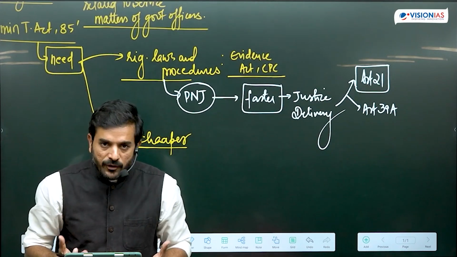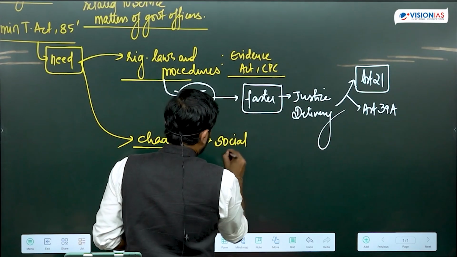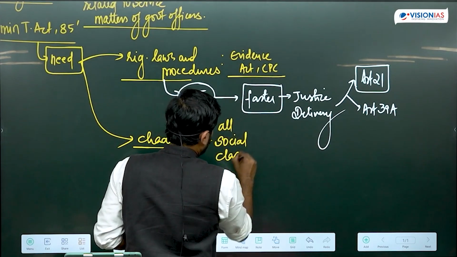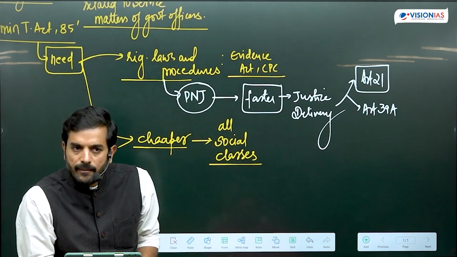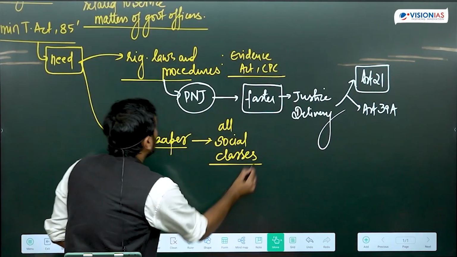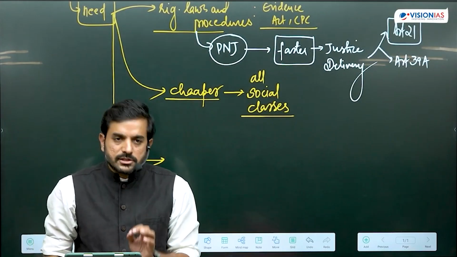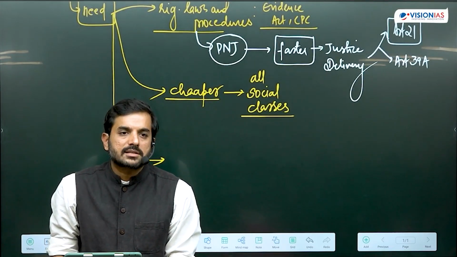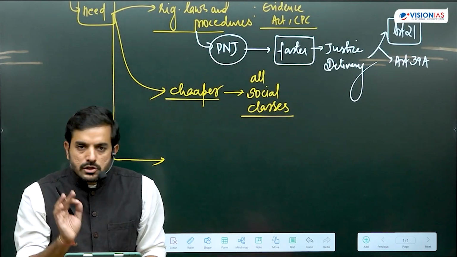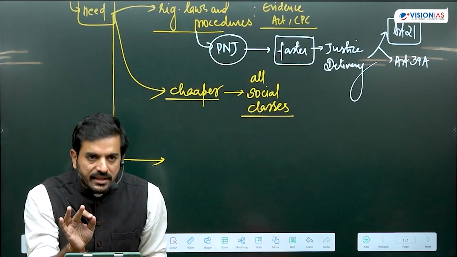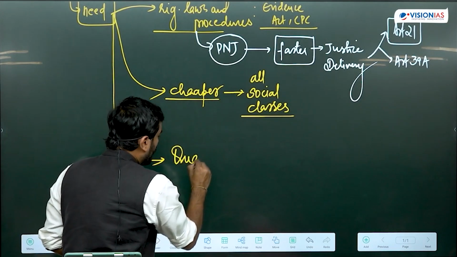So now why is this preferred? Because it helps in ensuring that all social classes can get access to justice irrespective of whatever their economic status is. Third, as compared to the regular courts, the administrative tribunals are supposed to be manned by not just people with judicial experience, but also people having specific technical expertise in administrative matters. So as a result of that, the quality of justice